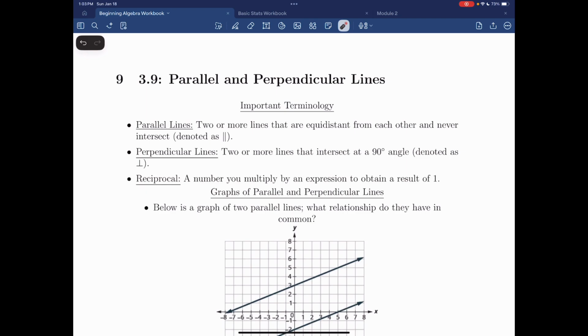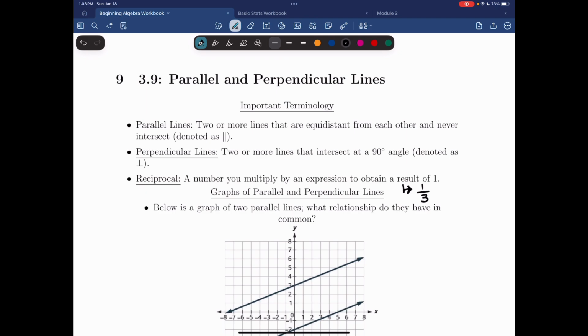And then we also have another important vocab word, which is reciprocal. And a reciprocal is a number you multiply by an expression to obtain a result of 1. So for an example, let's do one down here. An example of a reciprocal, let's say we had the number 1/3, and we wanted to find the reciprocal of 1/3. Well, according to the definition, the reciprocal is whatever number we multiply that expression by to get the result